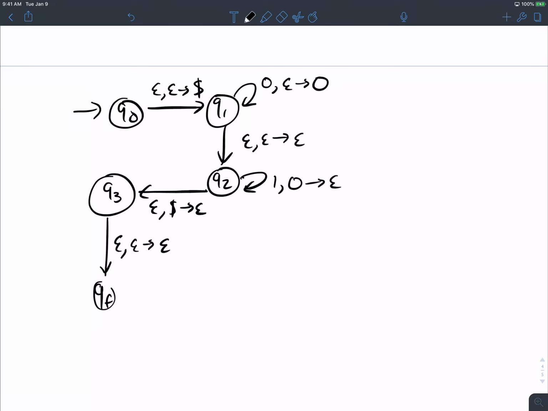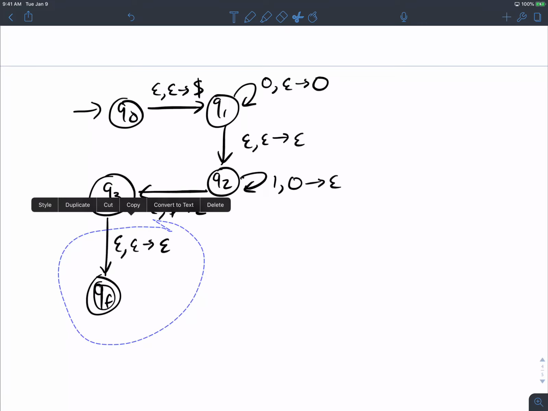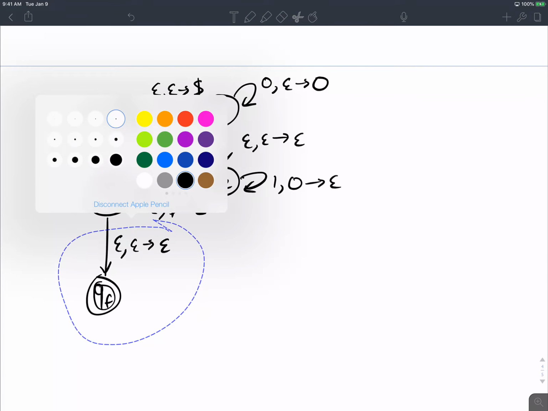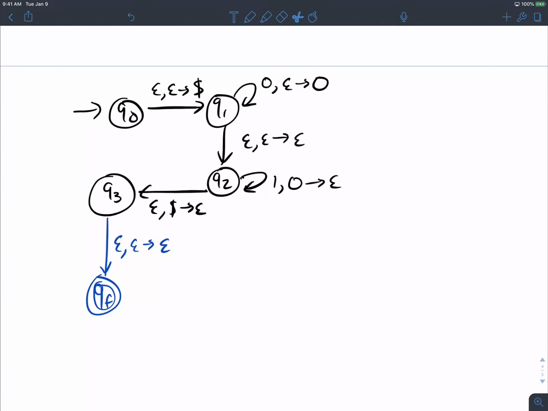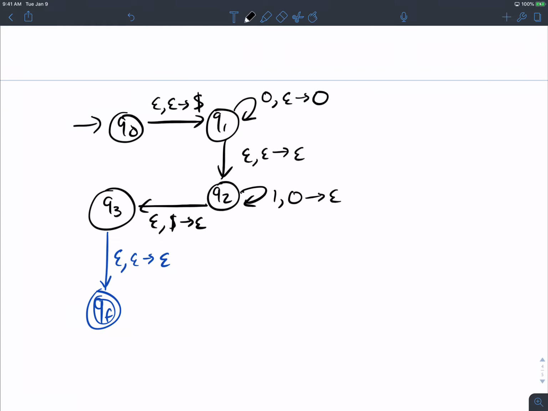I'm going to call it QF because I know it's the only final state. Great. What other simplifications have we made? I'm going to put this in a different color so we know what actually changed. Something I learned yesterday: you can change the color of a whole set of things. It's so cool. Okay, so that was a change that we made.